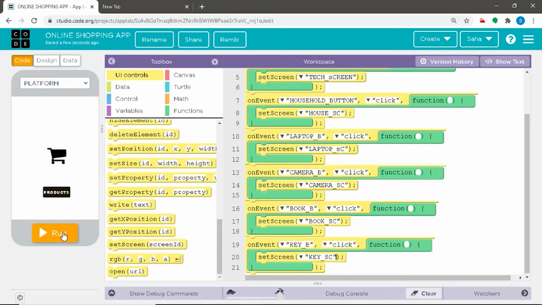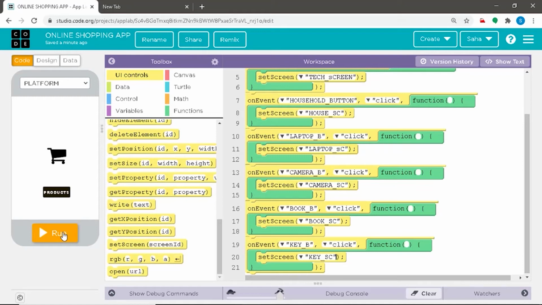So now we shall be defining the back buttons. As I have told, you have to make a note of the different back buttons we have used, which redirect us to the previous screen. Shall we begin? Alright. Since again pressing each of these back buttons is a new event, we shall again go to the on events command and use different on events commands for different back buttons.